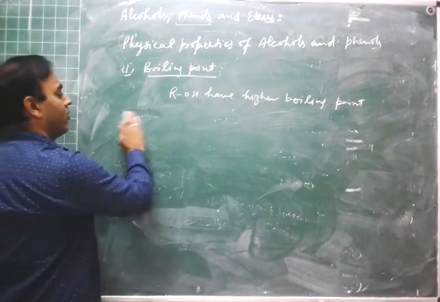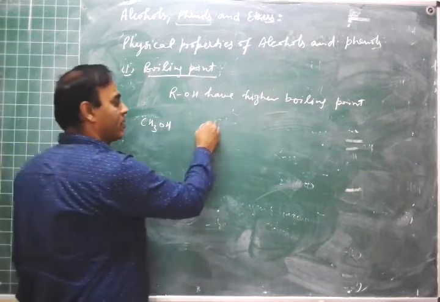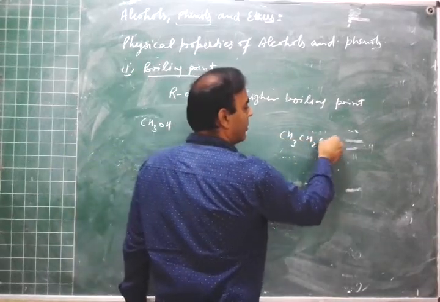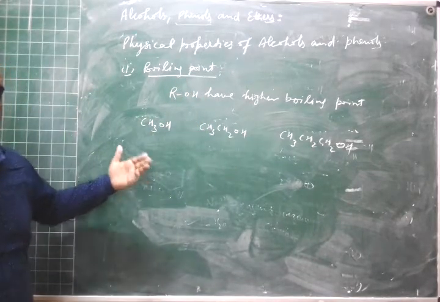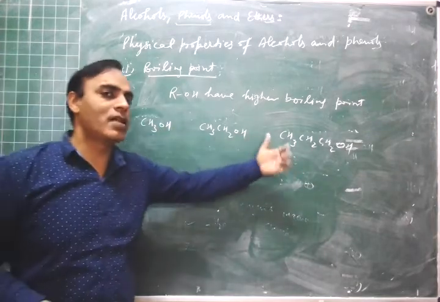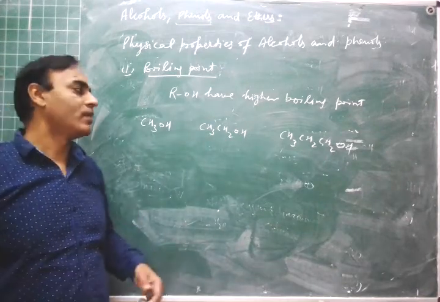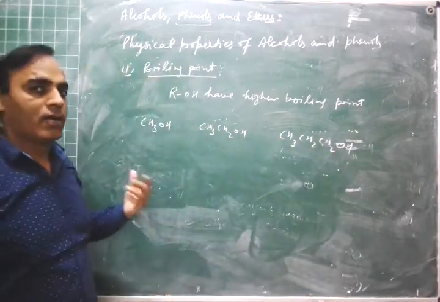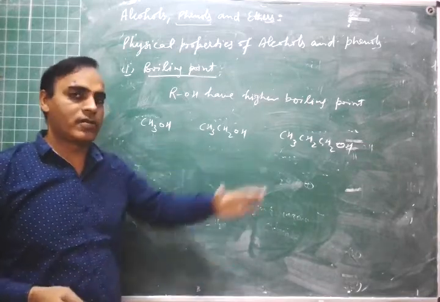Now see, if we have alcohol of this type, that is simplest alcohol, methanol, and then this is ethanol, and then this is propanol. So what is the order of boiling point? Now more number of carbon atoms, more will be the forces of attraction between them. That is, larger is the molecule, and then more will be the van der Waals forces of attraction between them. Now you can see that here is one OH, here is one OH, here is one OH, right? So their number of hydrogen bonding will be same in these type of molecules, right?